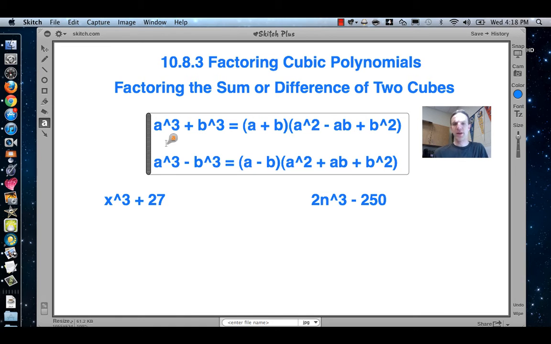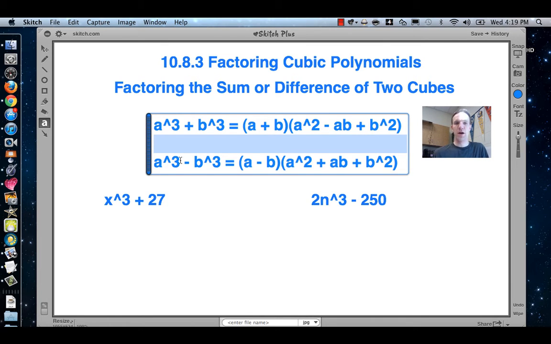There's two formulas. You're going to need to just memorize how these formulas work and how to take a problem and put it into the solution. So here we go. We have a cubed plus b cubed, and if we have something that fits that formula, we'll factor it by writing a plus b times a squared minus ab plus b squared. Notice this minus ab here. That's the part that we're going to forget. Even though it's positive here, we still have to have a minus in this part of the equation, because if we multiply this all out, this is what you need to do to get it to be just a cubed